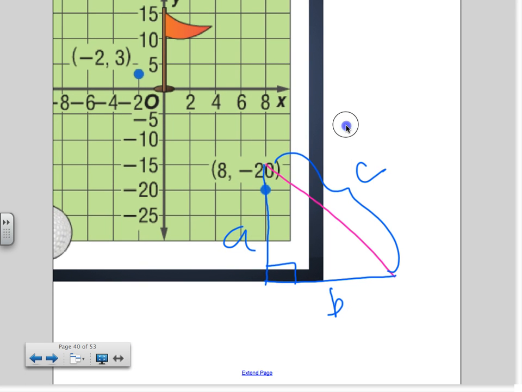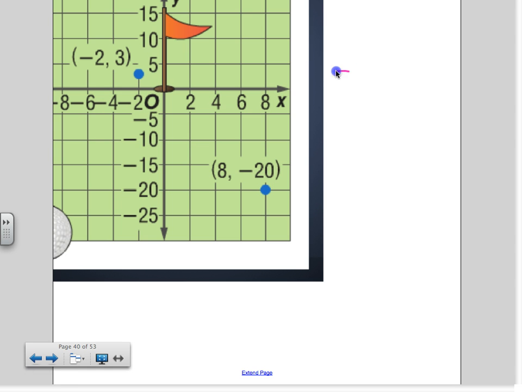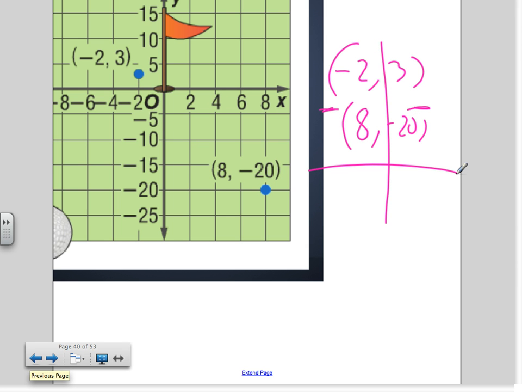If I'm going to be subtracting, here's negative 2 and 3. Here's 8 and negative 20. Notice the step that we're doing. Let's subtract. What is negative 2 minus 8? Negative 10. What is 3 minus negative 20? 23. Very important, right? You need to subtract correctly. If you mess this step up, your entire problem will be wrong. Now, you just got yourself the A and the B, the 2 shorter legs. If you have the 2 shorter legs, what do